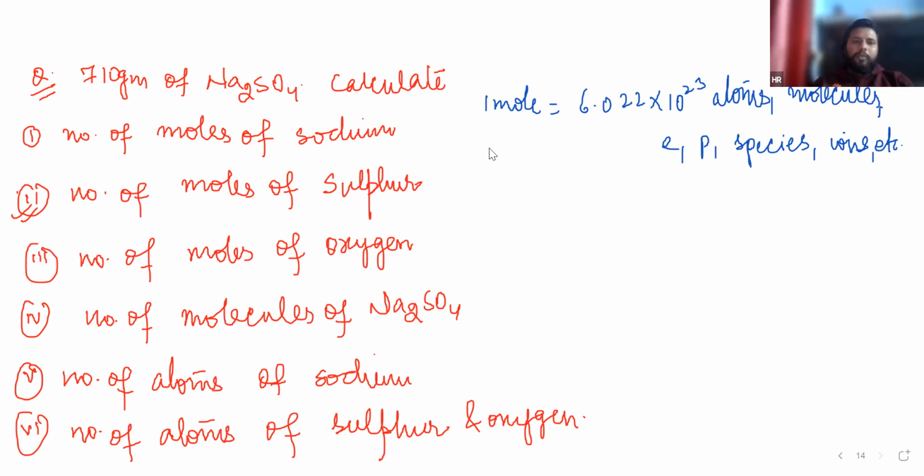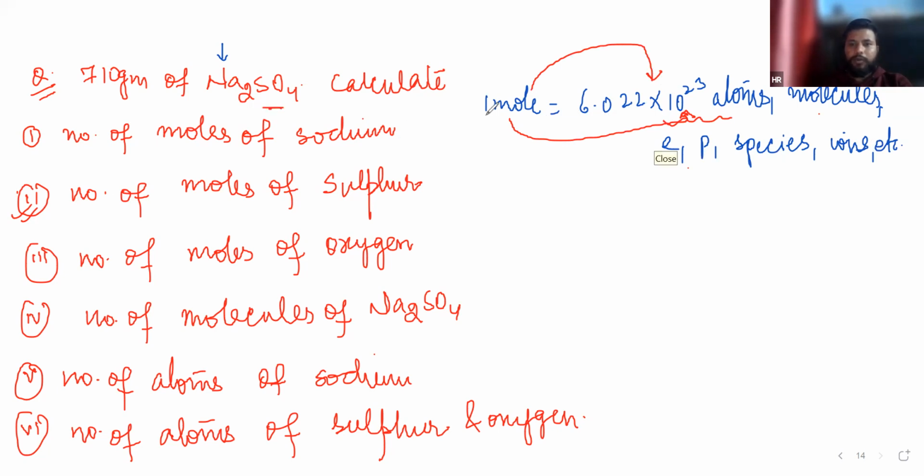Arsalan, we are talking about moles. Okay, so if you have the moles of sodium, you just calculated it correctly, that is 10 moles, then you know in 1 mole it is equal to 6.022 into 10 raised to the power 23. It can be atoms, molecules, electrons, protons, species, ions. Okay, 1 mole equals this many atoms. So in 5 moles, or in 10 moles, whatever the mole you have calculated in the question, you have to just put the value.